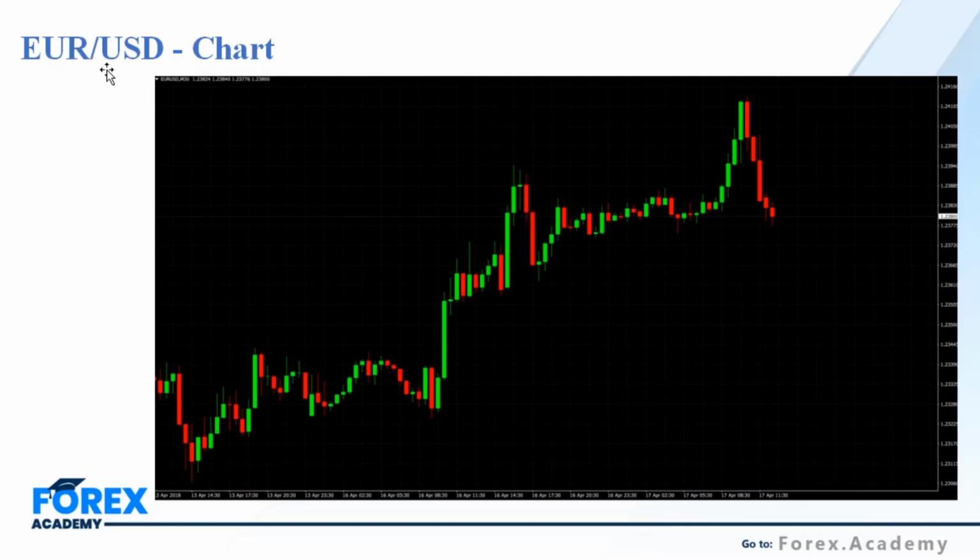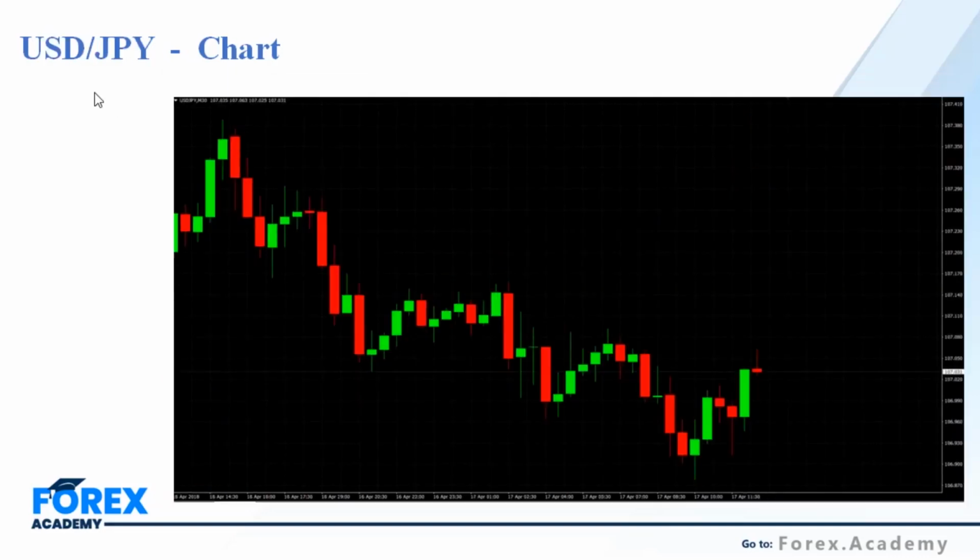So if I sell euro USD, it means that I am selling the base currency and buying the quote currency. Likewise, if I want to take advantage of a stronger dollar, I will be buying USD JPY, because USD here is the base currency, and whatever we do, whether we buy or sell, we are doing it with the first currency, which is the base currency. So I will click on the buy position, and I will be buying US dollar and selling JPY, because I believe that the dollar is going to get stronger against any other currency, that can be JPY or the Canadian dollar.